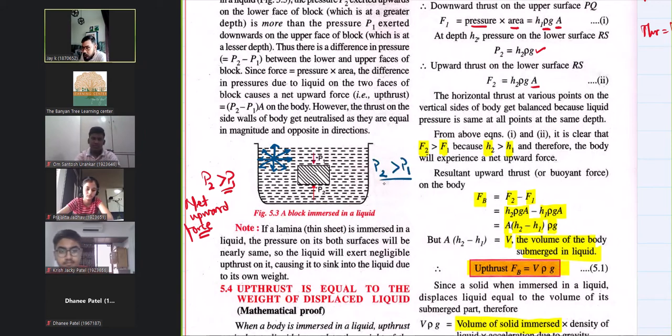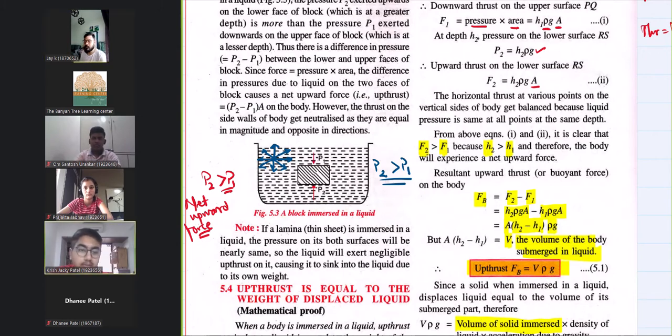What is the reason behind it? P2 is at a much denser part of the liquid? No. Liquid has uniform density. Liquid has the same density throughout. The pressure increases as the depth increases. Exactly. So P2 is at a greater depth than P1, and that is the reason. Since the pressure exerted by fluid increases with depth, P2 will be greater than P1.